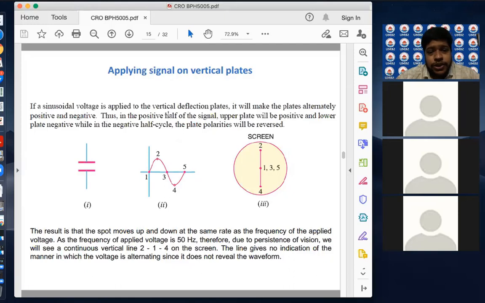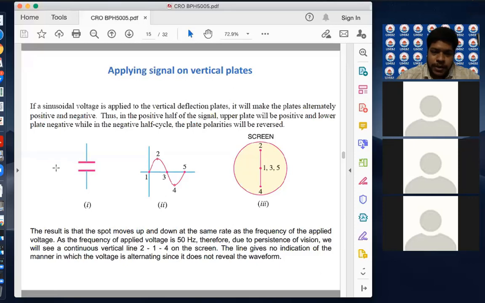Thus, in the positive half of the signal the upper plate will be positive, the lower plate will be negative. While in the negative half cycle, the plate polarity will reverse. So this will be like this. These are the plates. Here we have given the signal. So इनका polarity ऐसे change होता है. So the result is that the spot